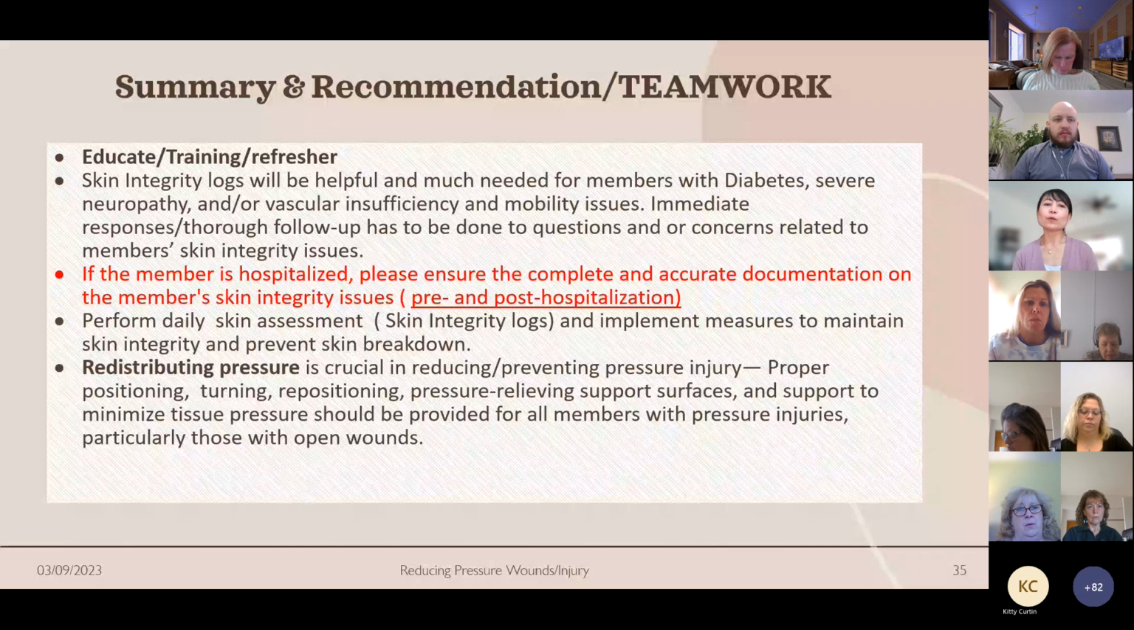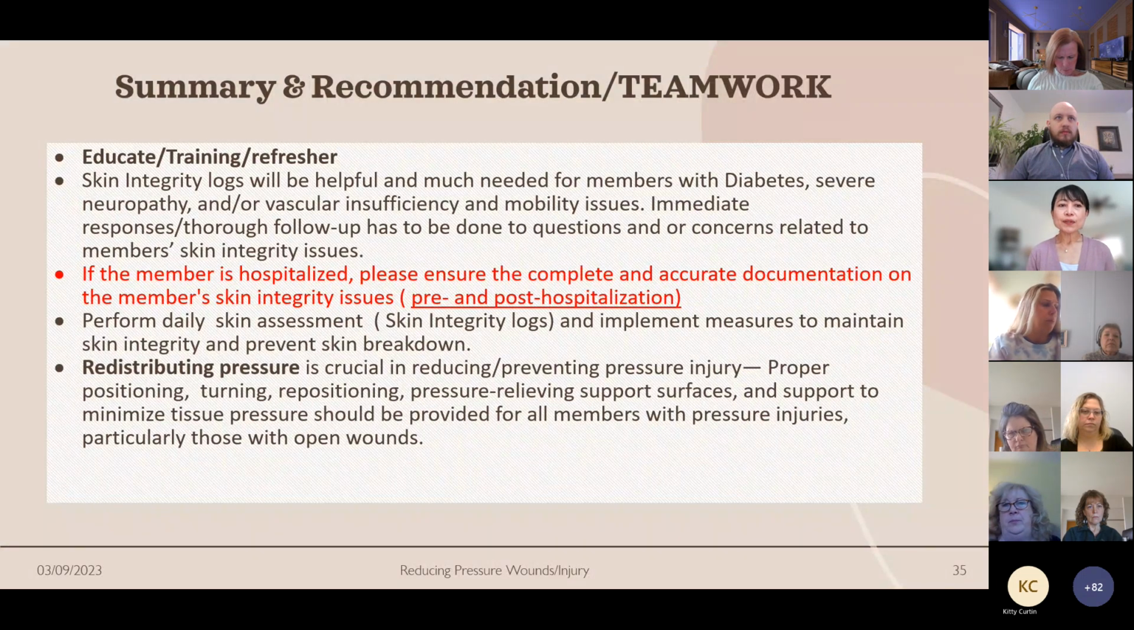Summary and recommendation, teamwork, we are almost done. Number one is always education, training, and refreshers. Skin integrity logs will be helpful and much needed for members with diabetes, severe neuropathy, and/or vascular insufficiency and mobility issues. Immediate response through thorough follow-up has to be done for any question and/or concern related to members' skin integrity issues. If the member is hospitalized, please ensure complete and accurate documentation on the member's skin integrity issue